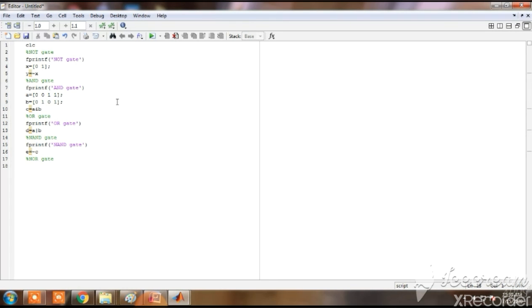Percent NOR gate, printf NOR gate. NOR gate is nothing but F is equal to NOT of D. Percent XOR gate, printf XOR gate.